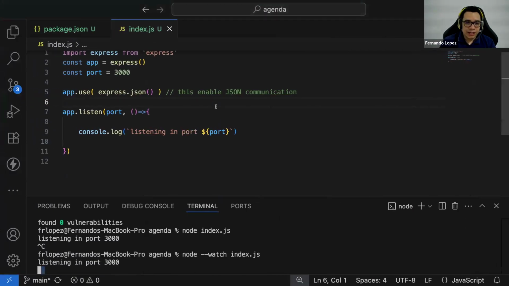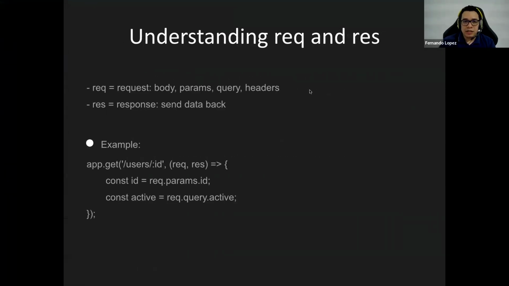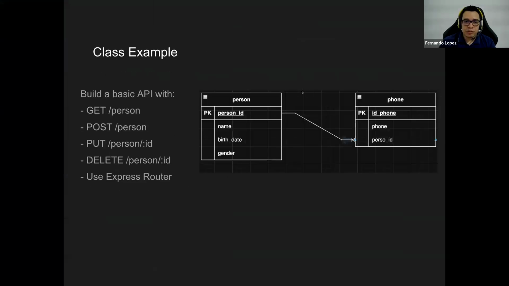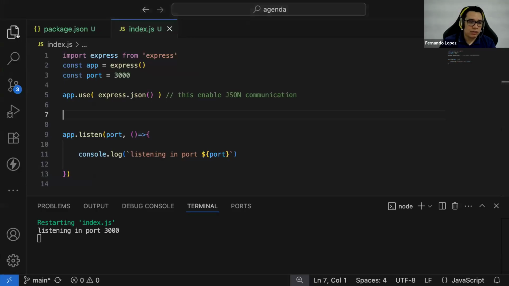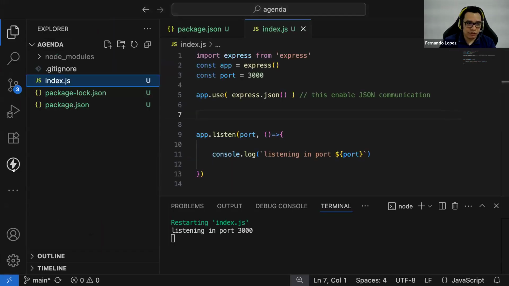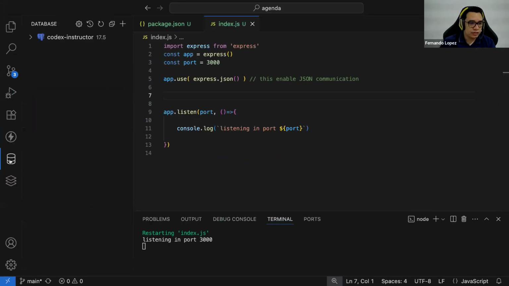Imagine that you want to create the backend for a table. Remember the example that I told you: we're going to create an app that is going to have the definition of the person, and we're going to have control of how many phones that person is owning, okay? So let's start creating the tables. This is the first step always. So I have my tables in my database connections.